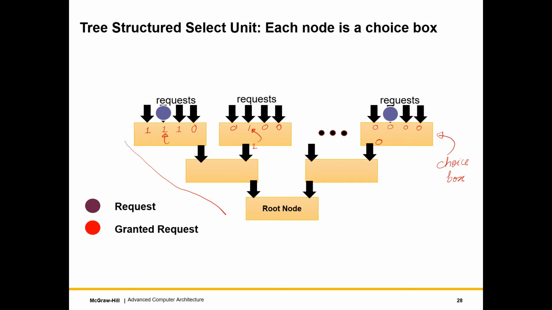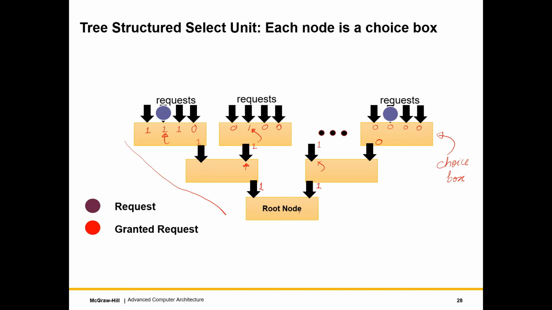With that you remember this choice. Then the output is set to 1. This choice box also does something similar. Let's assume the output for this is 1. Then this choice box would do something similar. It would remember which input it chose. Let's say it chose this one. It will then set its output to 1. And this choice box doesn't have a choice. It needs to choose this one. It also sets it to 1.